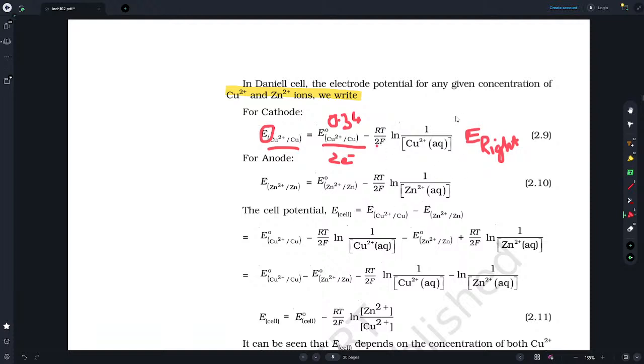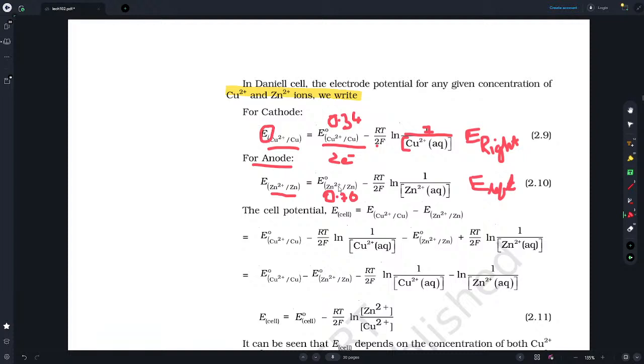RT by 2F ln of, as we see that we are taking this as 1 by, this is the concentration of the Cu2+ ions in the aqueous solution. This is the second half reaction, E left. We are taking this as a standard electrode potential, and according to IUPAC, it's a reduction potential, so zinc 2+ getting reduced to zinc. This will be a value, as you remember, 0.76,